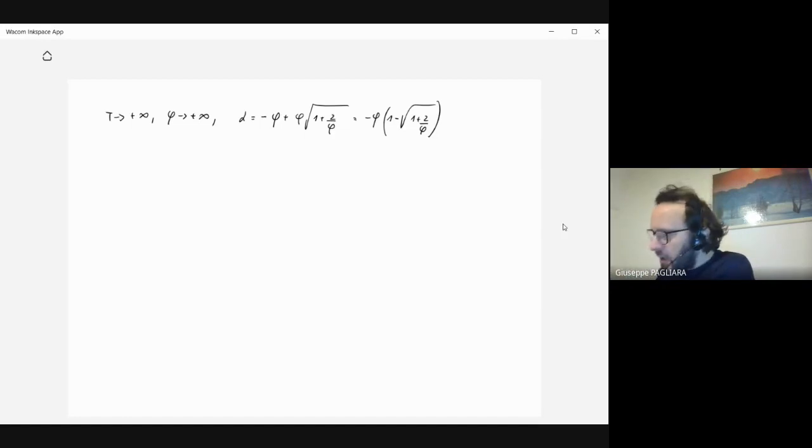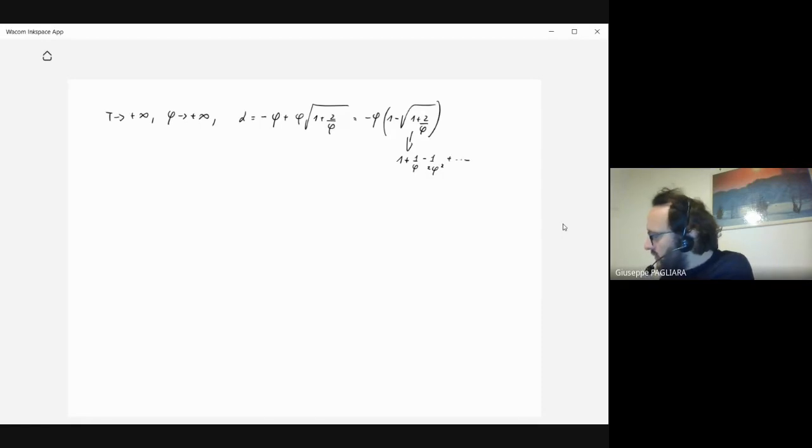And you can expand this term here, which will be 1 plus 1 over phi minus 1. Well, you can do the calculation if you want. And you should have here minus 1 divided by 2 phi squared